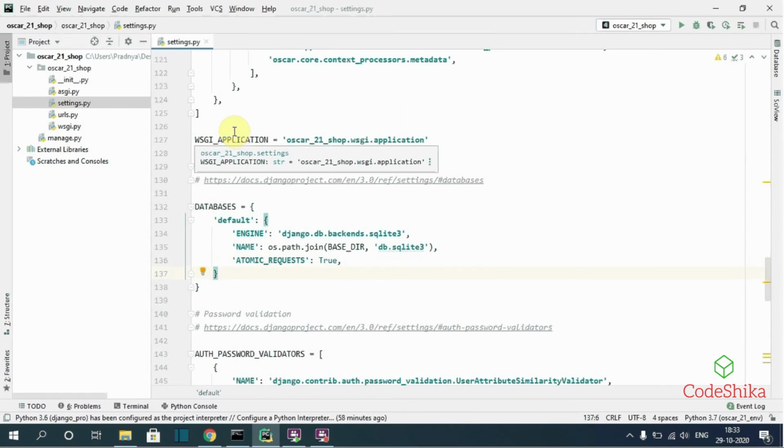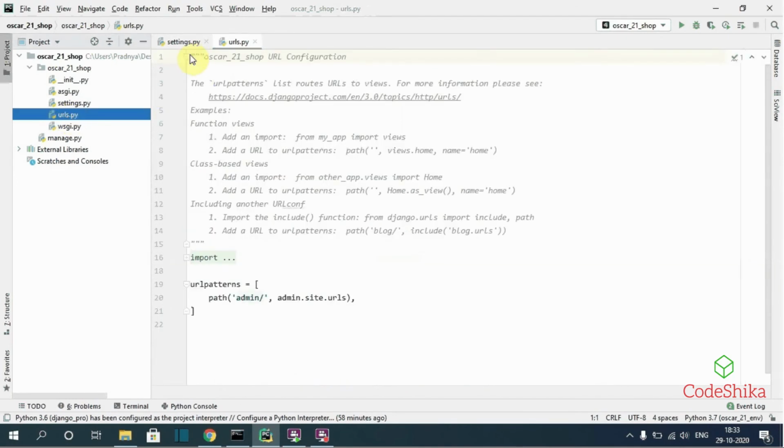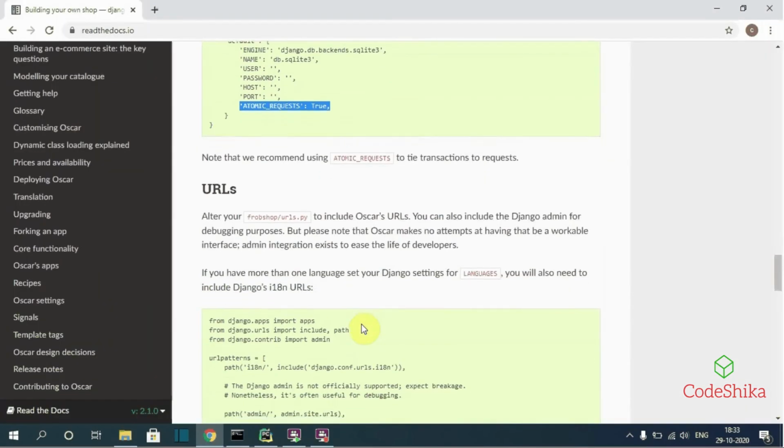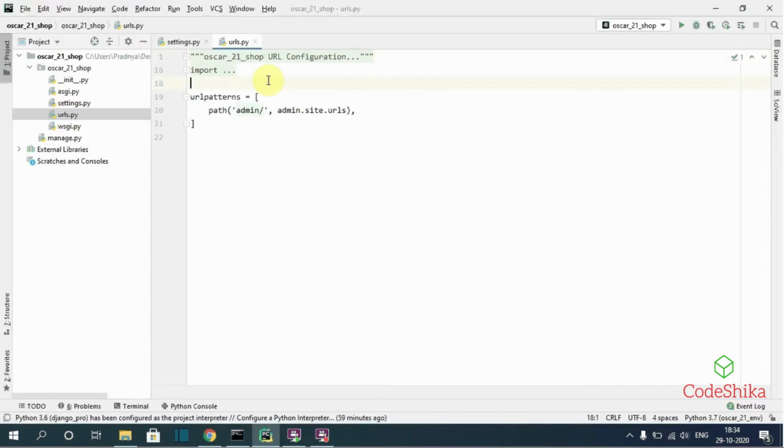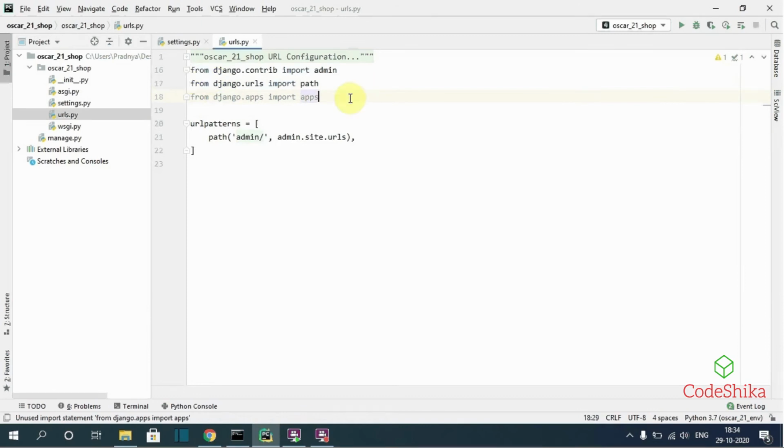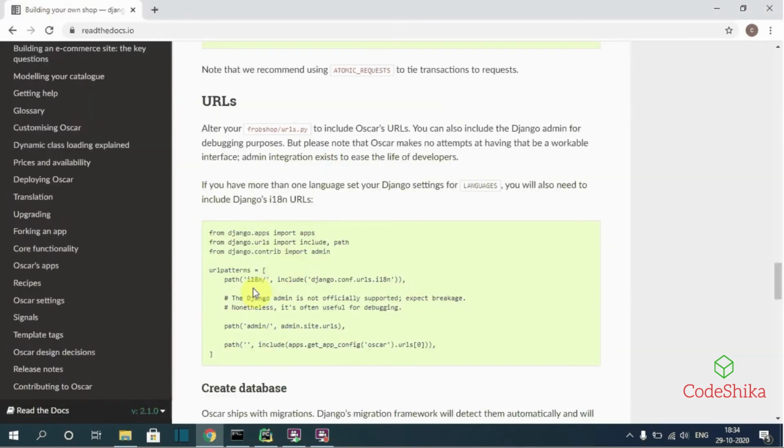Next, we need to add Oscar URLs to our project URLs. So I will open here the urls.py file. So first I will copy from here, from django.apps import apps, and I will paste here. Next, I will copy this i18n path.